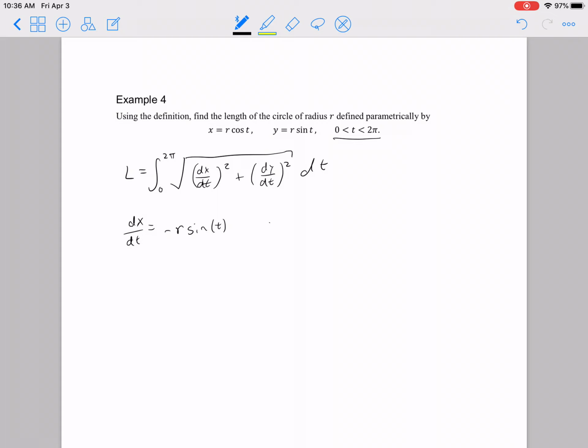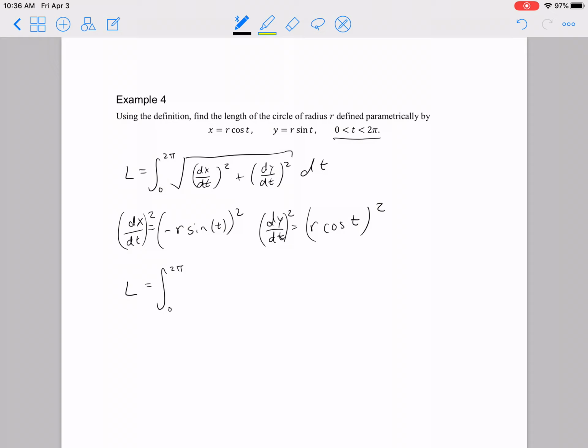And then dy/dt is the derivative of y with respect to t, and so that's just going to be r cosine t. And then we can square both of these things, and go ahead and put these together, and what we'll have is L is going to equal the integral from 0 to 2 pi, and